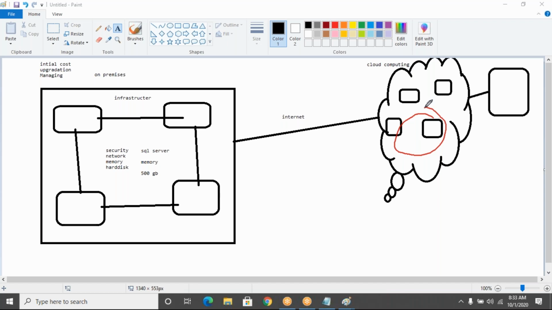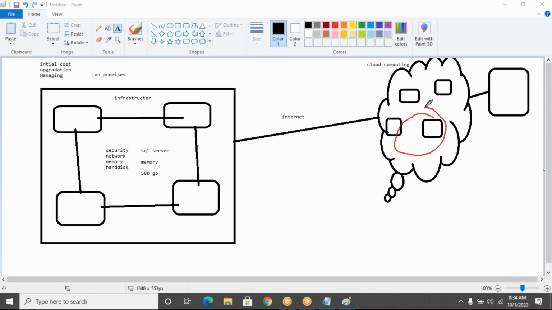Then what do you have to do? You have to focus only on development. You don't need to focus on any administration and managing. You don't require IT people to manage this.